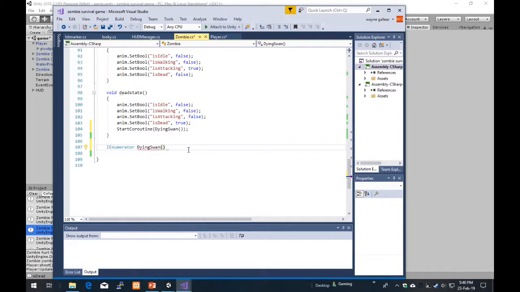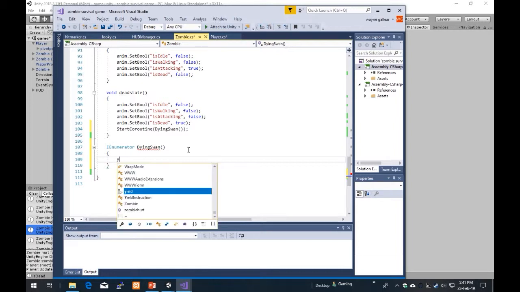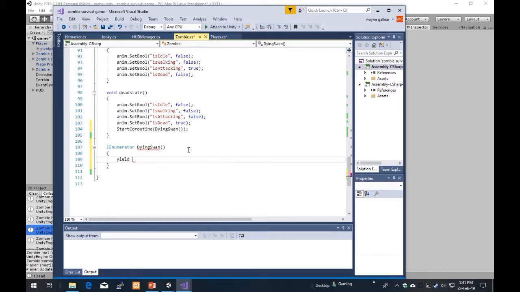We're going to create that little swan. So I know what it's going to do. We're going to have a wait. We want it to wait for a few seconds while the animation happens. So we do this yield, what's known as a yield return